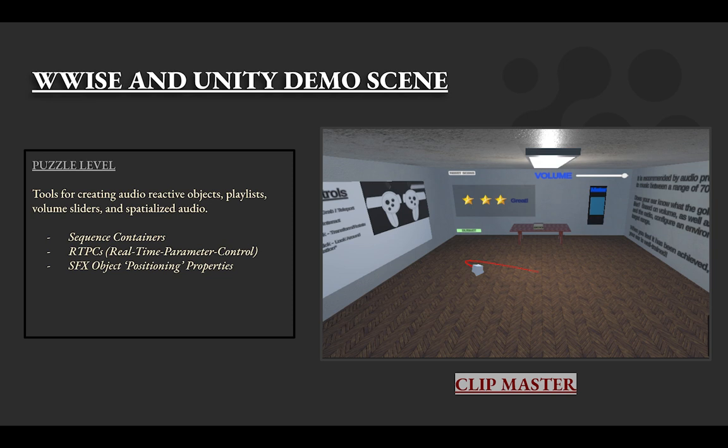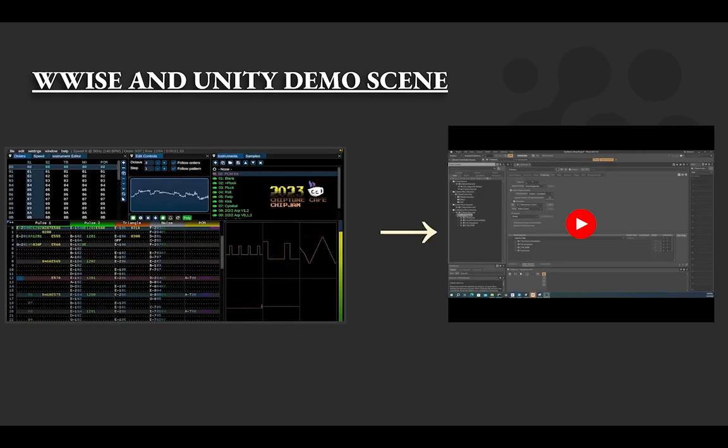We begin with a project called Clip Master. This is a learning experience inspired by puzzle game mechanics. The player is instructed to monitor the decibel levels of music. In this room is a radio. It plays songs, and it does so at a certain level that can be adjusted. It's up to you to determine if that music is playing at decent levels. When you feel so, you click the submit button when you're comfortable, to which you'll receive a rating from 1 to 3 stars based on whether the music is too quiet, too loud, or healthy listening levels.